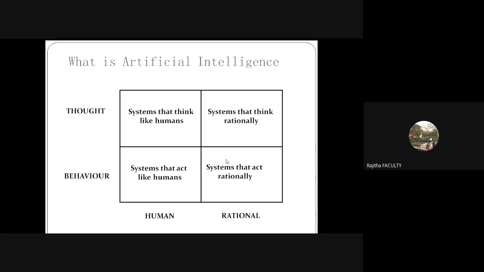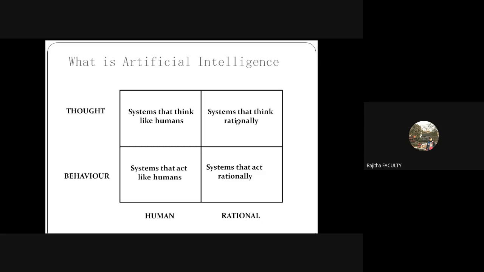Any automated robot or software can be treated as an artificial intelligence machine, right? It is not always a robot. It could be a software system also which takes intelligent decisions. That machine or software should act like these 4 properties, right? A system that thinks like a human, so it should think like a human being and take decisions accordingly, right? And it should also think rationally, in the sense that it should not give priority to one case and not give priority to the other. So it should work rationally, right?